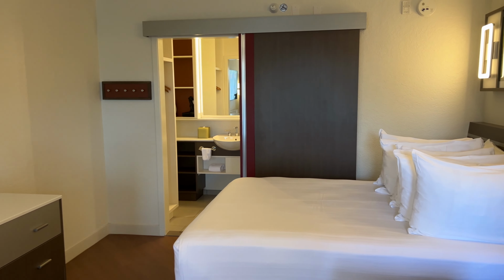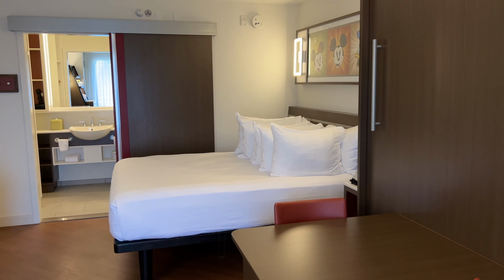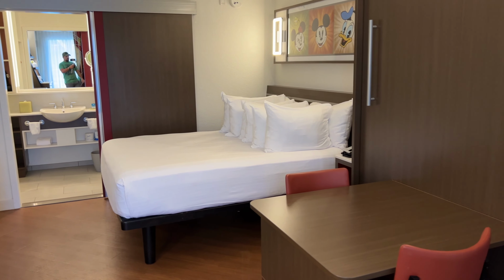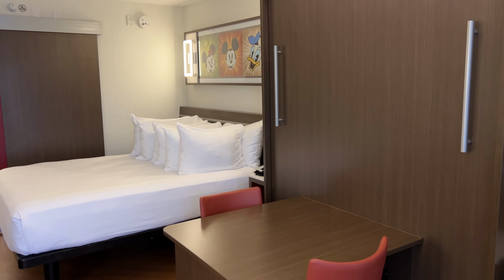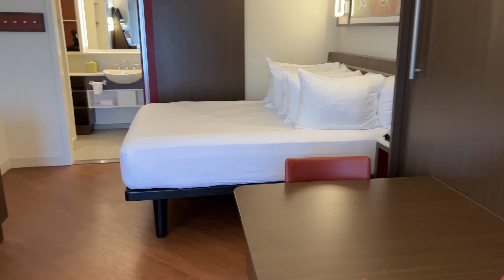When we first come in here, you can see that we do have the newly remodeled room where we have a queen size bed over there and then a pull down Murphy bed over here for the second bed. Really opens up the space in the room a lot. Of course, these rooms are not huge, but that helps a lot with getting that extra bed out of the